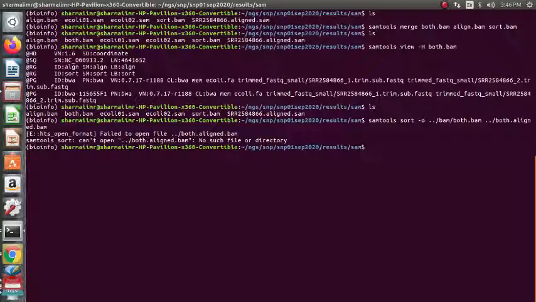Okay, so we are not able to run both.align.bam, so that should be in results, right? Yes, this is the current folder itself, right? So the output is this, and this is okay. This is in the current folder. Both.bam is here.